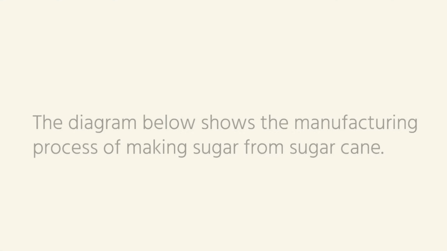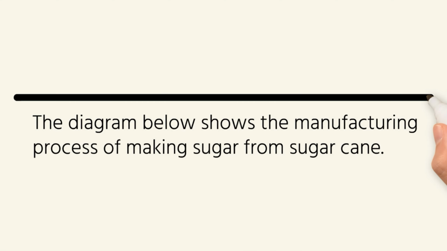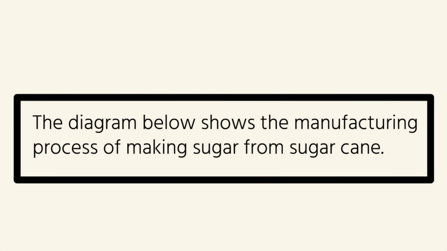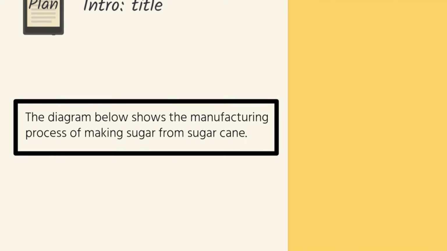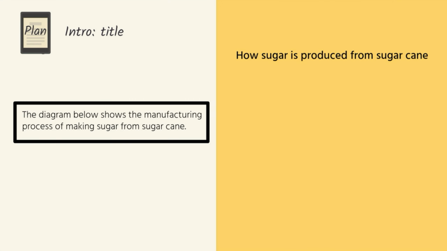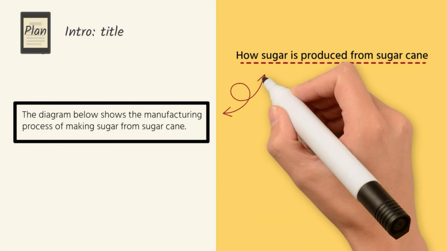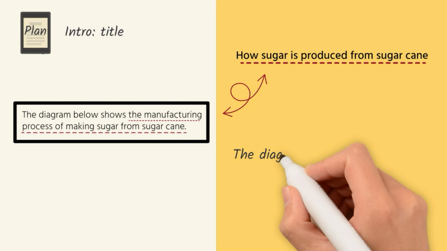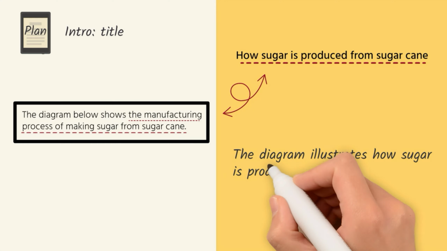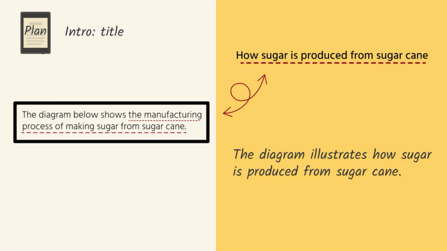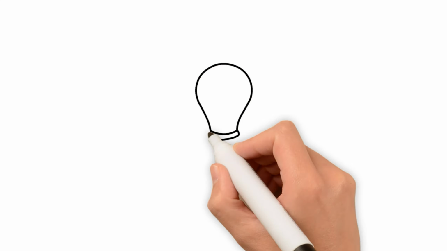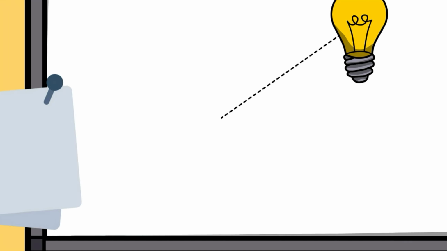Starting with the introduction. The original prompt: the diagram below shows the manufacturing process of making sugar from sugarcane. The simplest way to rewrite this is by swapping out words from the diagram title. The diagram illustrates how sugar is produced from sugarcane. Easy, right? If that's too simple for you, and sometimes there is no given synonym for us to paraphrase, here are 2